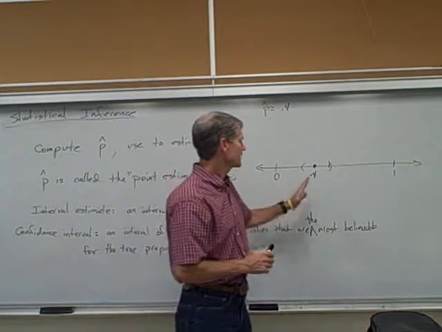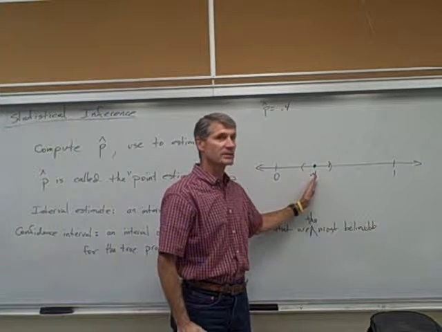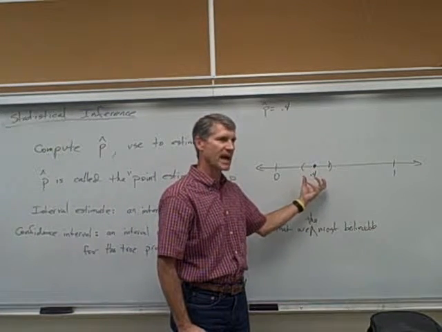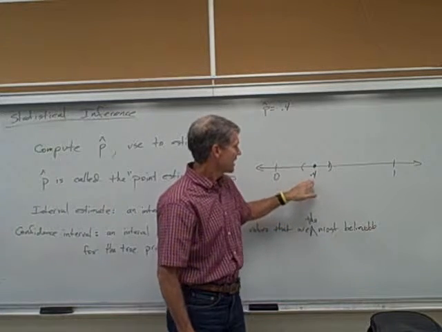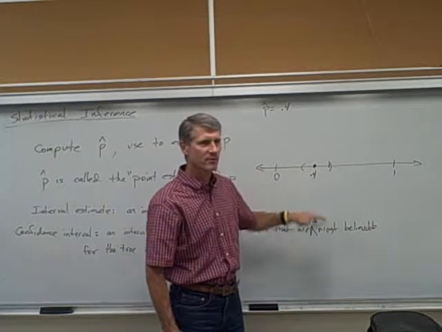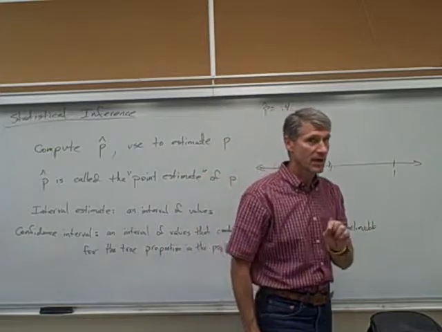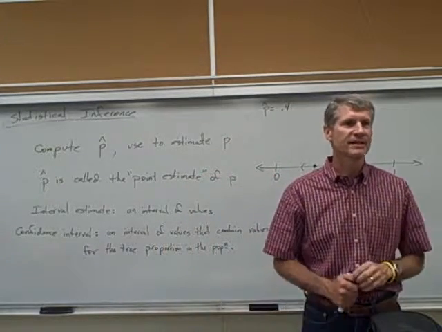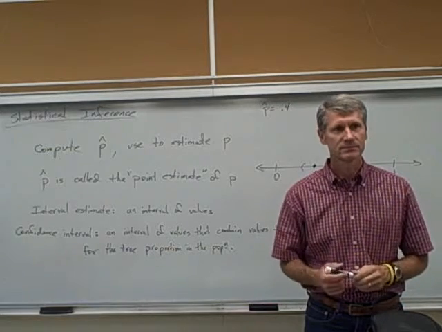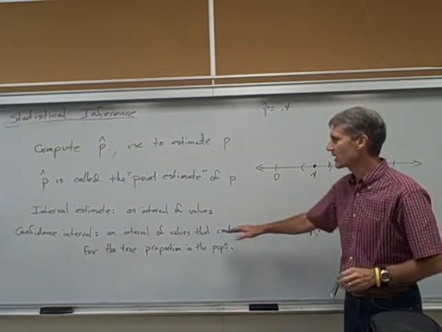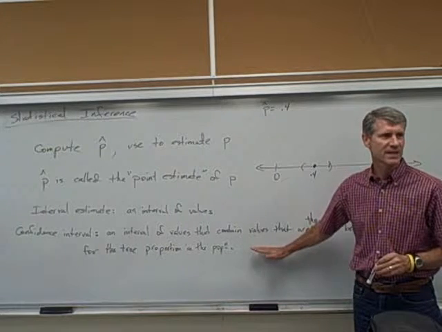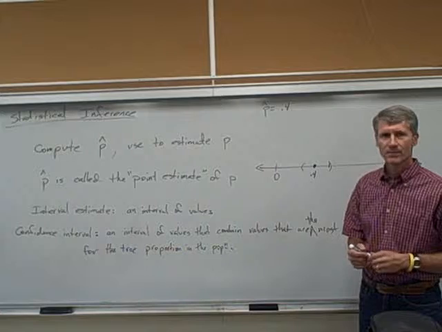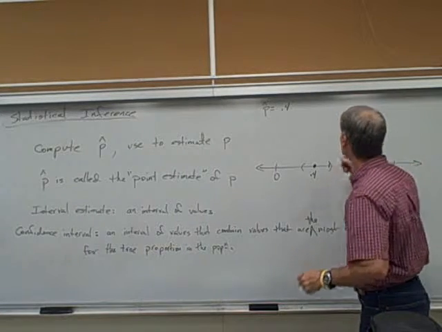Okay? So if I do my sample, and I do a really good sample, and it's a big sample, and I'm very confident about the accuracy of my sample, I might look at my point estimate of 0.4 and say, well, I know it's probably not exactly 0.4, but I'm very certain that it isn't 0.8. So 0.8 would not go into my interval. It's not plausible. It's not believable. So what values would be believable? Well, the way that the interval is formed,